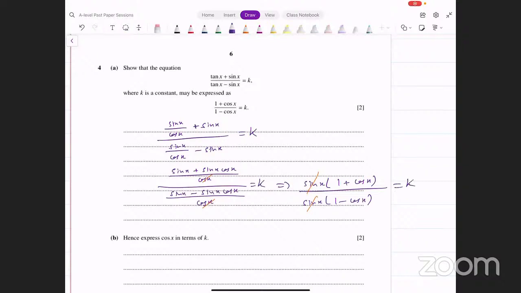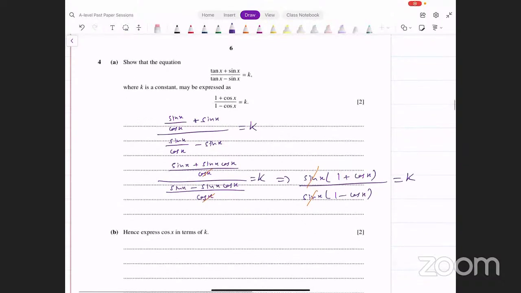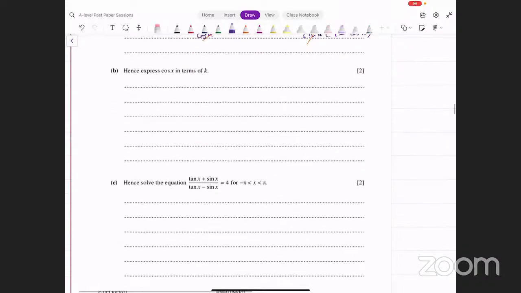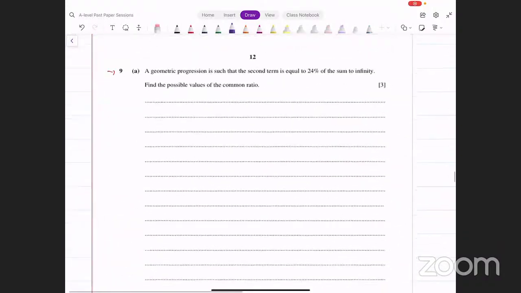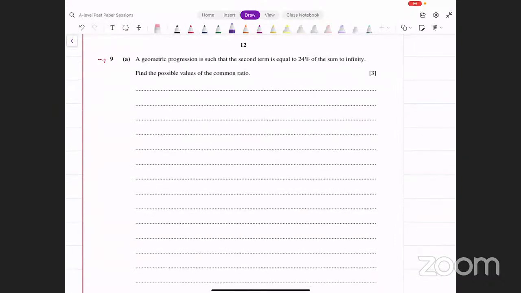दिस इज व्हाट यू वांटेड टू प्रूव, ये आपके पास आ गया। ठीक है, सेकंड पार्ट उसके बाद आसान है, वो हो जाएगा, थर्ड पार्ट भी आसान है, वो आप कर लेंगे। अच्छा, लेट्स मूव ऑन टू क्वेश्चन नंबर 9, दैट्स द नेक्स्ट क्वेश्चन दैट वी डूइंग।